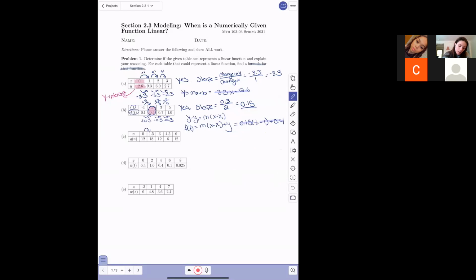0 to 1.5 is obviously plus 1.5. 1.5 to 3 is plus 1.5. 3 to 4.5 is plus 1.5, and then 4.5 to 6 is plus 1.5. Okay, those are incrementing at a constant rate. 12 to 18 is plus 6. But then we go from 18 to 12, and that's minus 6. So we can stop here, and we could say, no, this is not a linear function